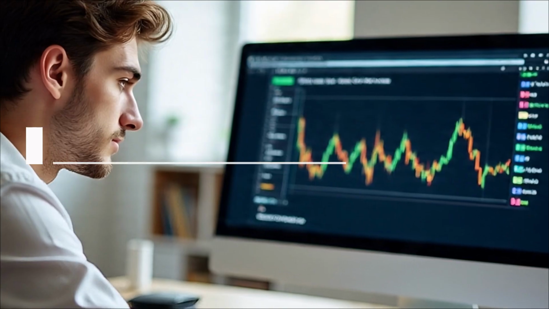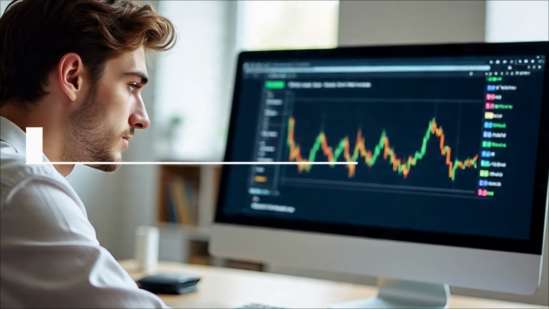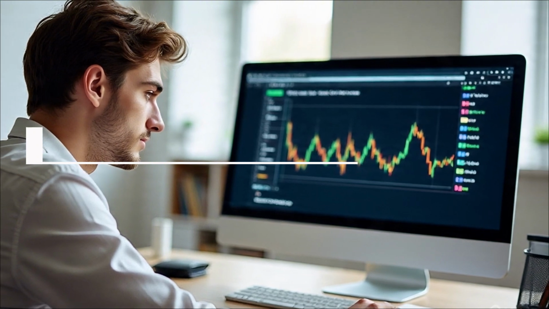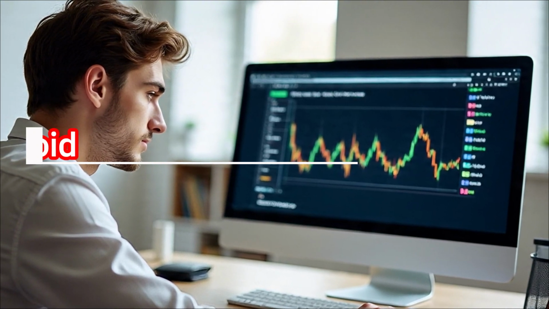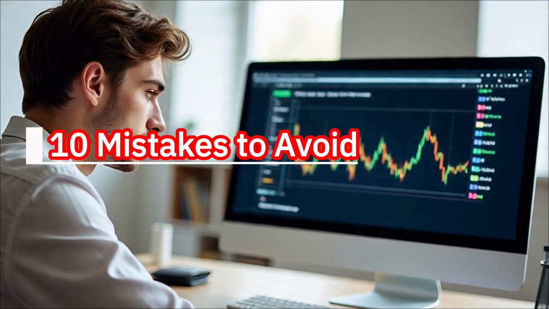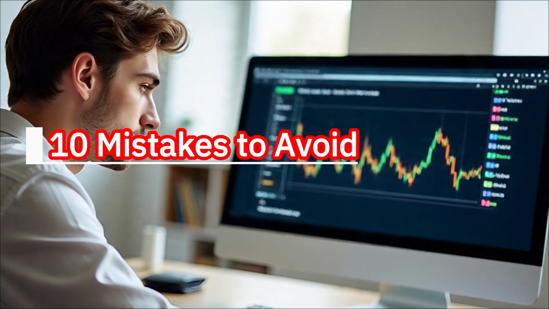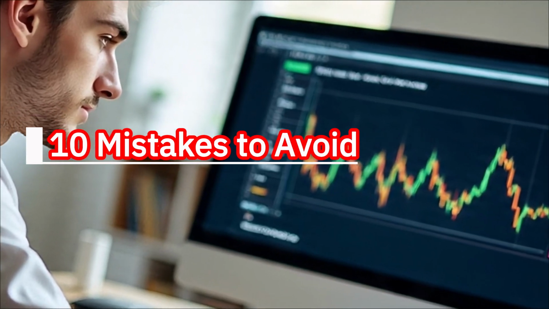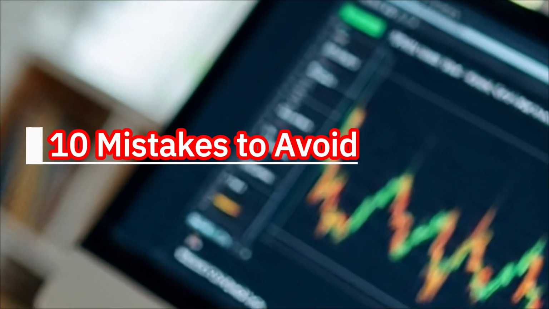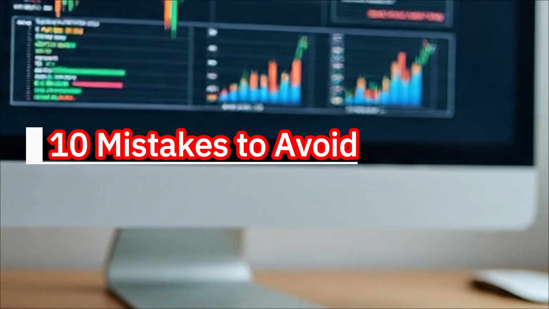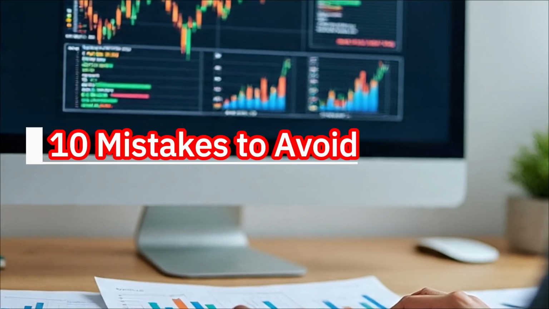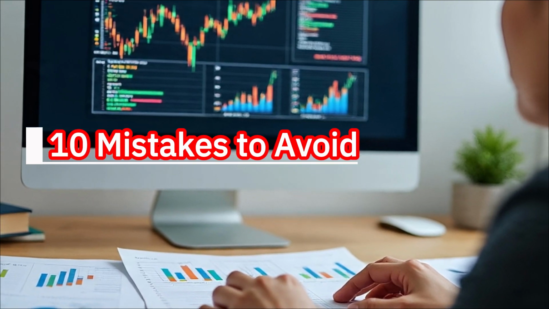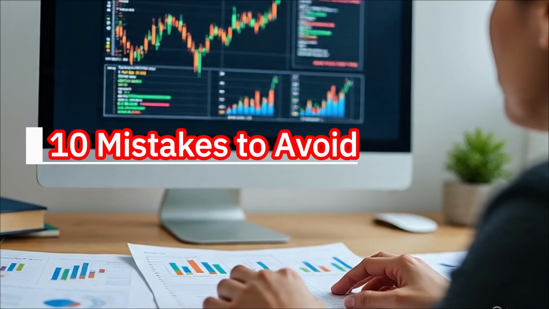Part 10, Mistakes to Avoid. I want to share some common mistakes I see with DCA. The first mistake is choosing the wrong asset. As I mentioned, DCA on an asset in permanent decline won't work. The second is not rebalancing, which leads to a portfolio that's either too risky or has low returns. The third mistake is a lack of discipline, stopping DCA when the market is down or investing too much when it's up. The fourth mistake is having too short a time horizon.